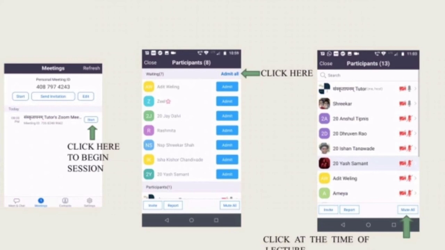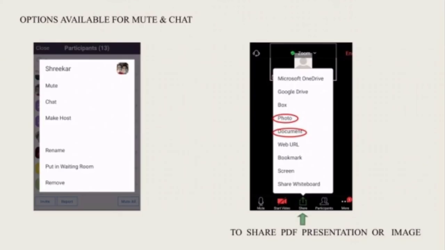Before starting the lecture, always keep in mind to click on the mute all button. What is the use of this mute all button? If anyone has kept their mic unmuted, you can mute their mic by clicking on mute all, so nobody can listen to whatever others are saying. They will listen only to what you are saying. It is the best way to mute others so we can talk accordingly. Now, after muting all the students, I can start my lecture.